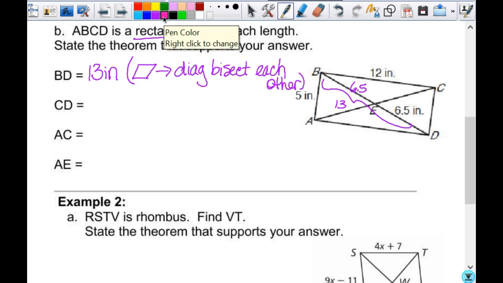Then the length of CD. What's the length of CD? 5? Do I agree with that? 5 inches. Okay. So,